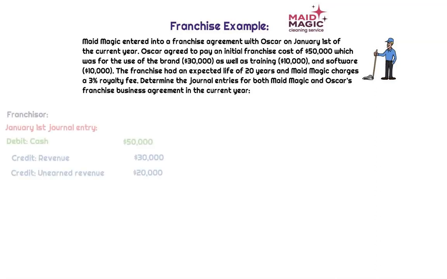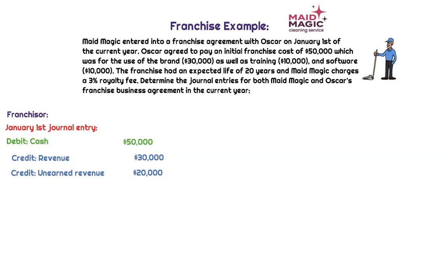Let's start on the franchisor side. Basically, Made Magic is receiving revenue. They receive $50,000 up front, and that's going to be recorded as cash coming in. But only $30,000 of this is being earned today. We remember that US GAAP requires that we recognize revenue when it is earned, not when cash is received. The exchange of the brand is going to be recognized today, but the $10,000 for training and the $10,000 for the software services that need to be provided are still yet to be earned. So they're going to record a debit to cash of $50,000, a credit to revenue for $30,000, the portion that was earned,